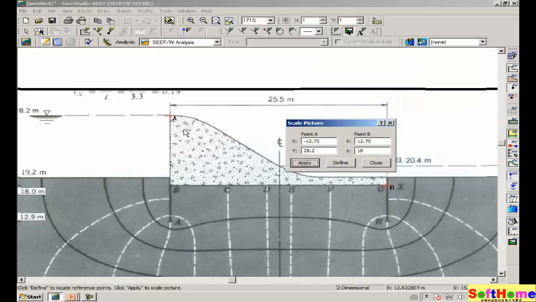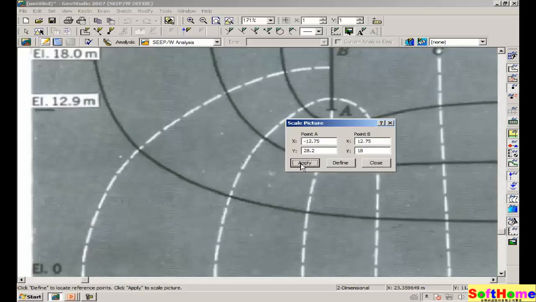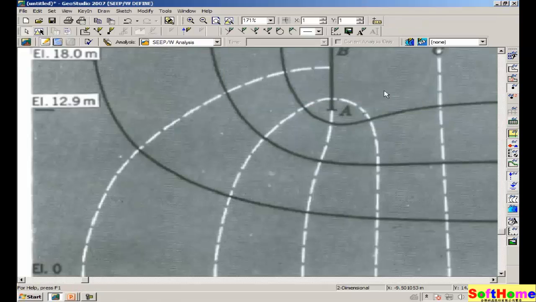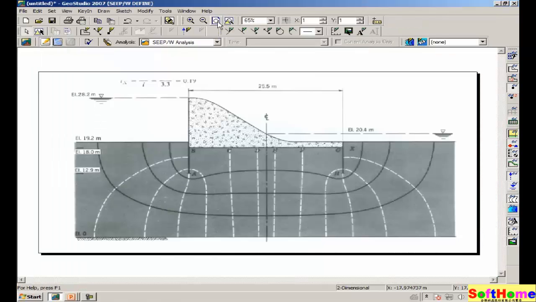So from minus 12.75 to plus 12.75 with the 2 known elevations, if we now click on Apply and then say Close, Close Sketch Pictures, clicking on the Zoom Page icon, we see that we have now adjusted the scale